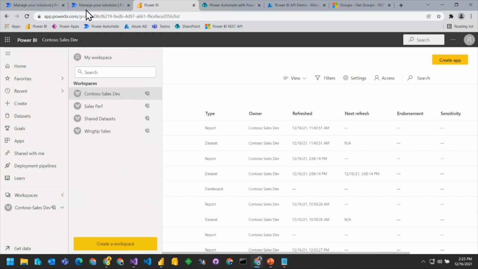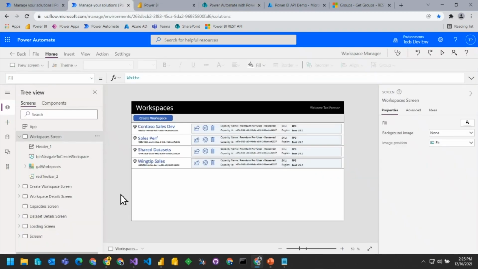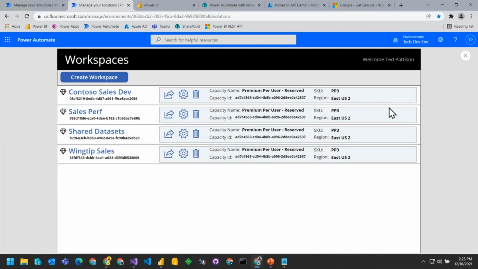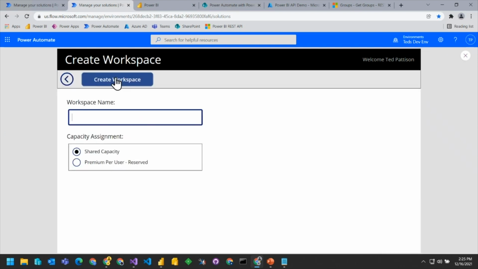Great. Okay, now back in our solution, I have a workspaces screen and a couple other screens, but let's start with this basic idea of the different workspaces. Let's create two new workspaces, so I'll create demo 1.